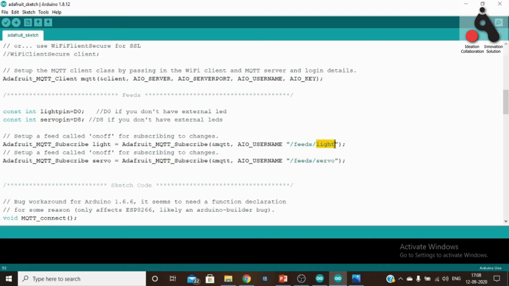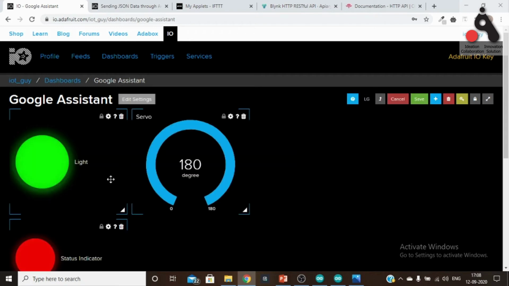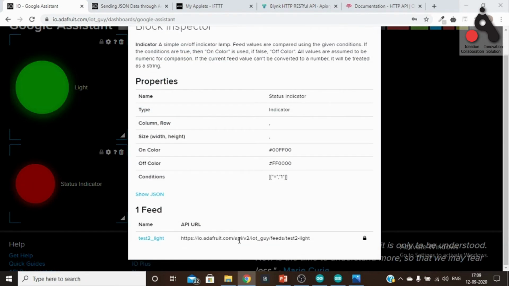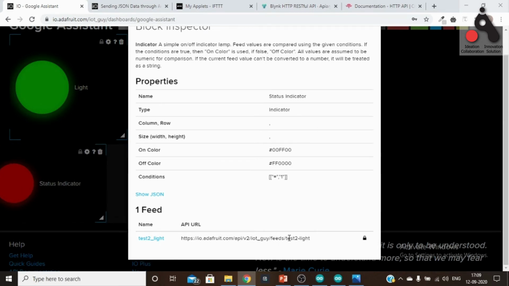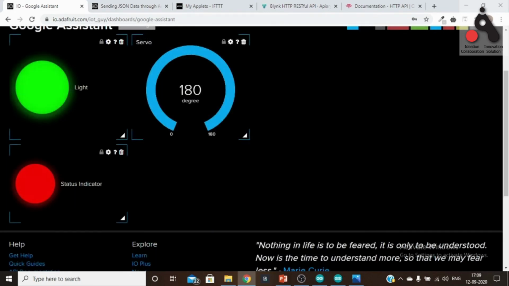You need to change these two things according to your topic. If you want to see that again, just click on this question mark right here, and you can see that in our case it is IoT guy/feed/test2-light. So this is the topic for us, test2-light, not underscore.